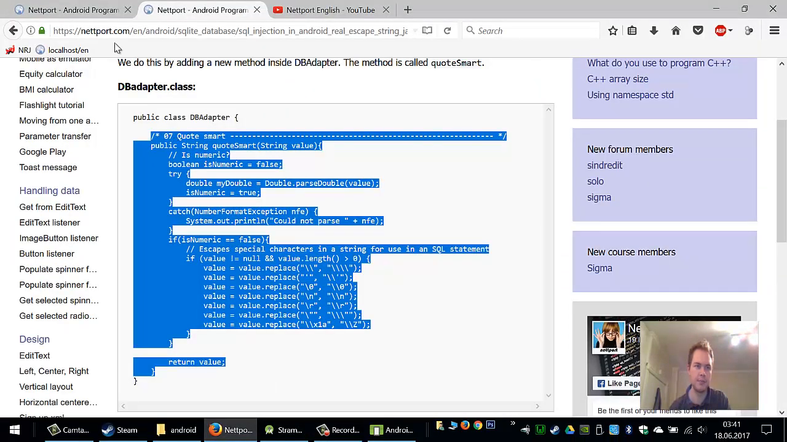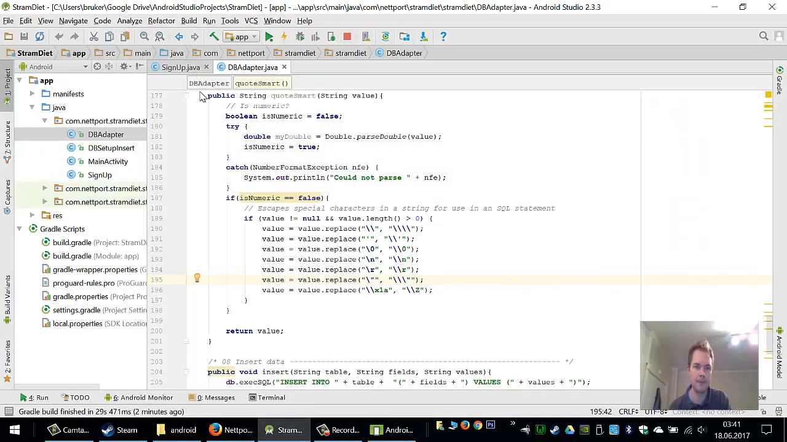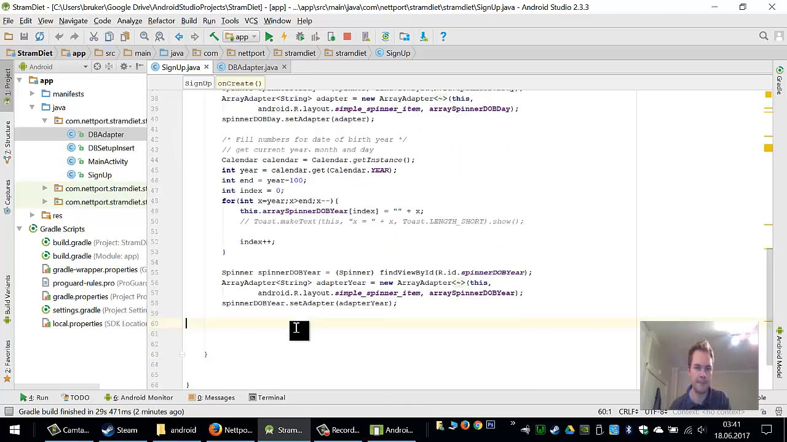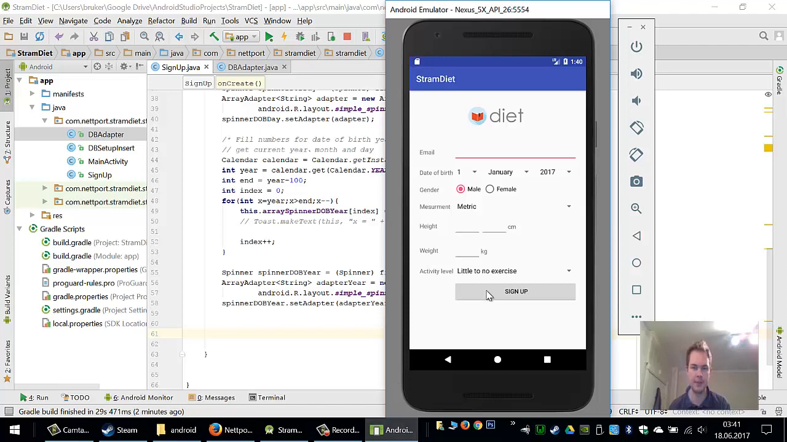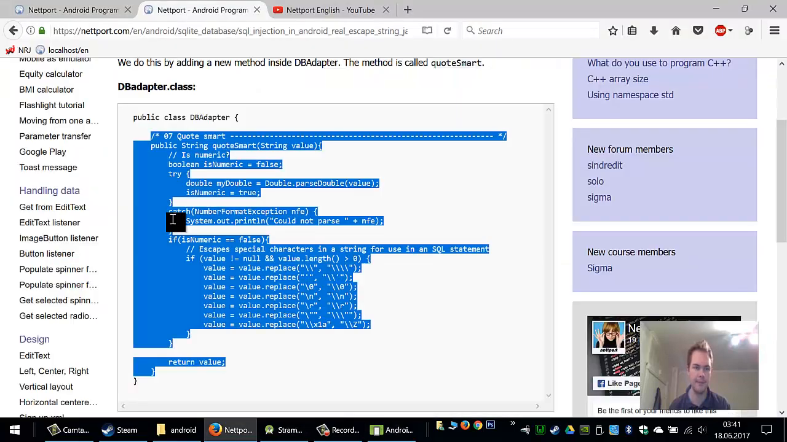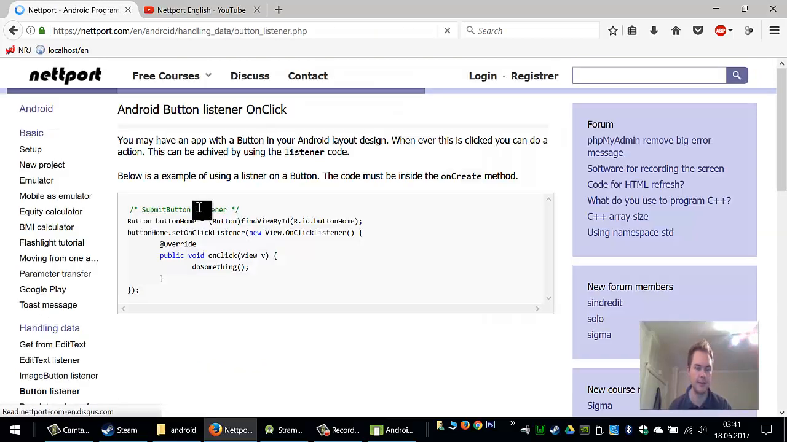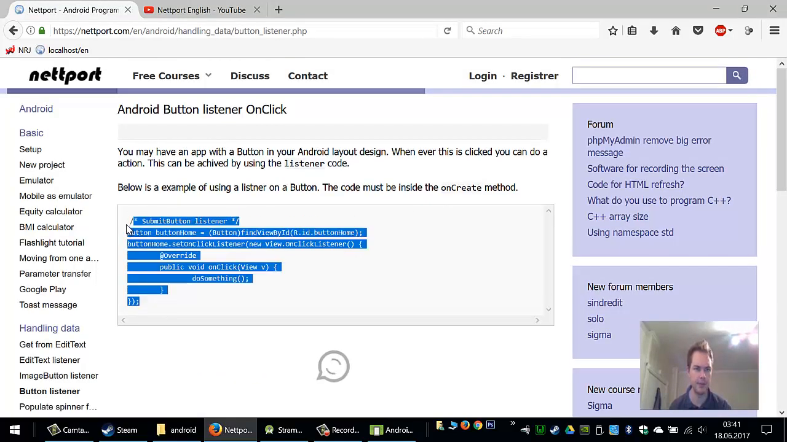So just go ahead to my website and copy it. The URL is netport.com. Okay, let's go to sign up. What I want to do now is create a listener for this button sign up. So I will head to my website and I will go for handling data, and I have something called button listener. So I'll just copy the code here,